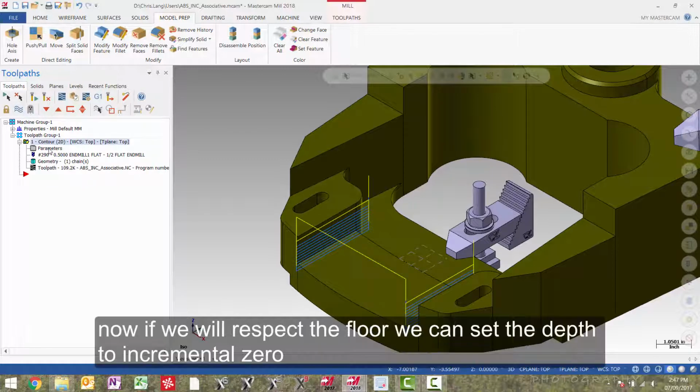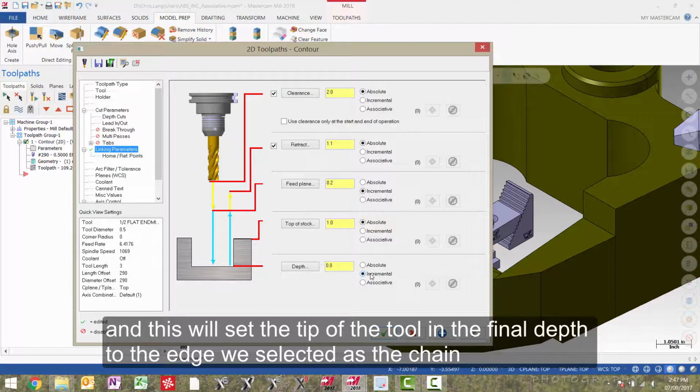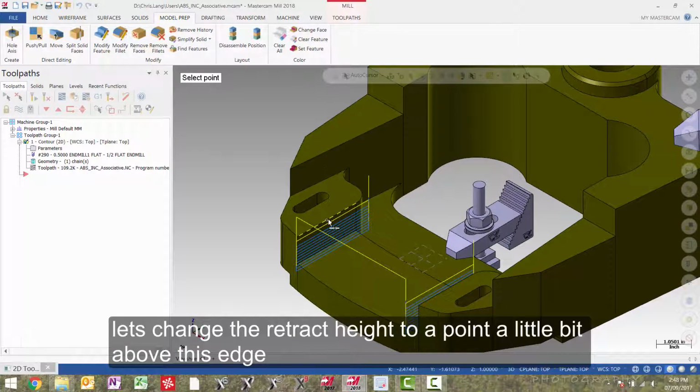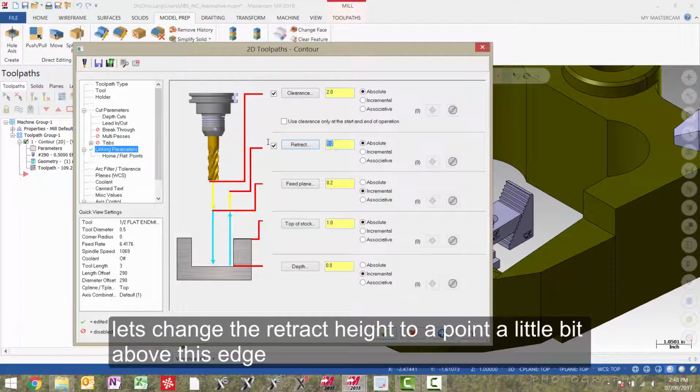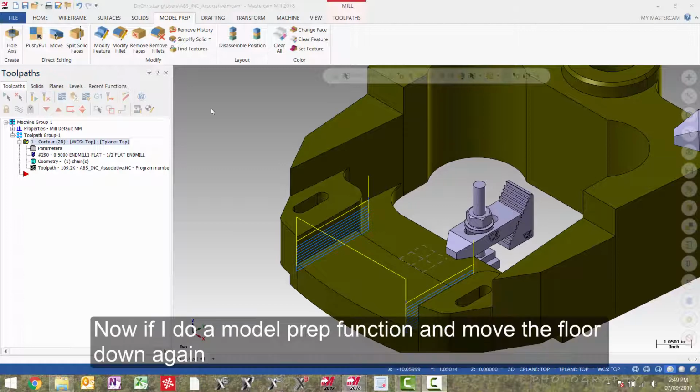Now, if we want to respect the floor, we can set the depth to incremental 0. And this will set the tip of the tool in the final depth to the edge we selected as the chain. Let's change the retract height to a point a little bit above this edge. And regenerate this toolpath. Now if I do a model prep function and move the floor down again,